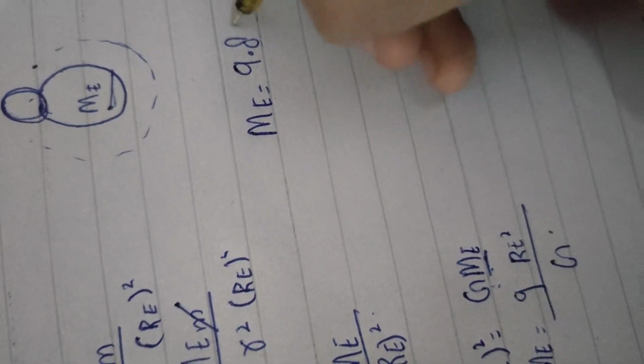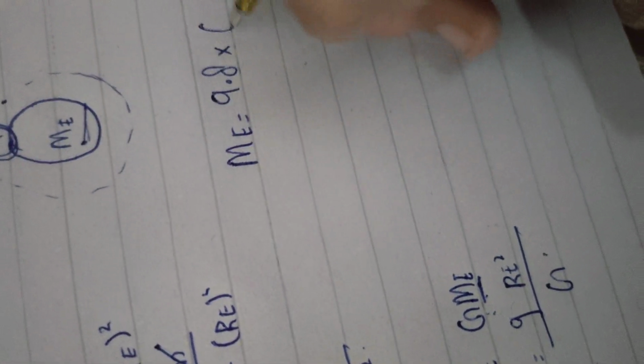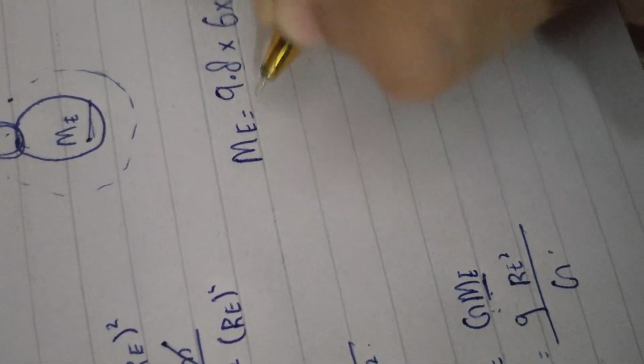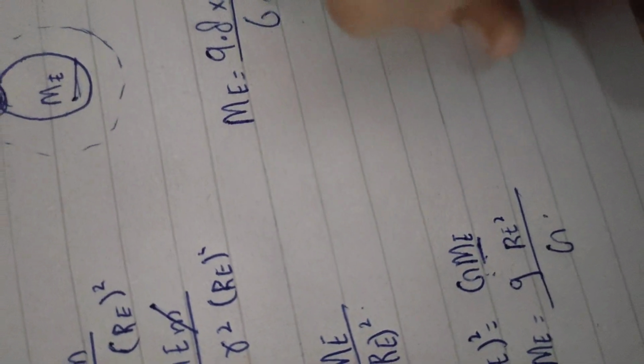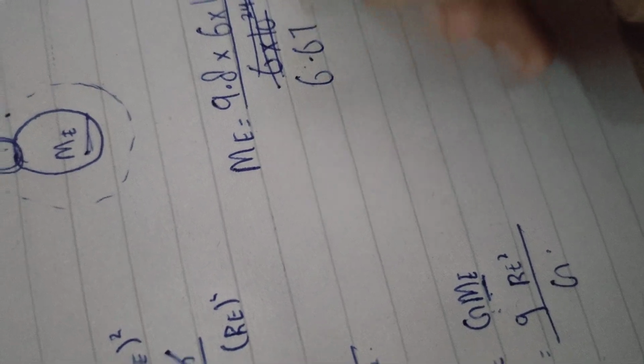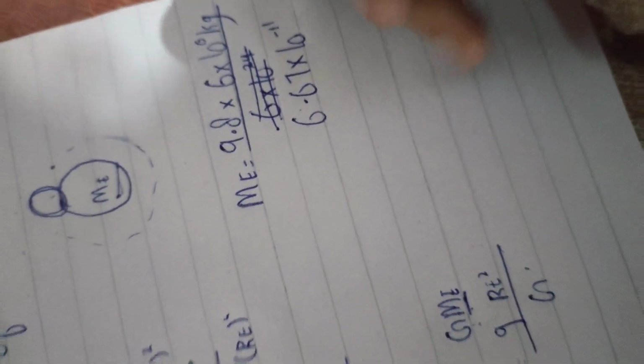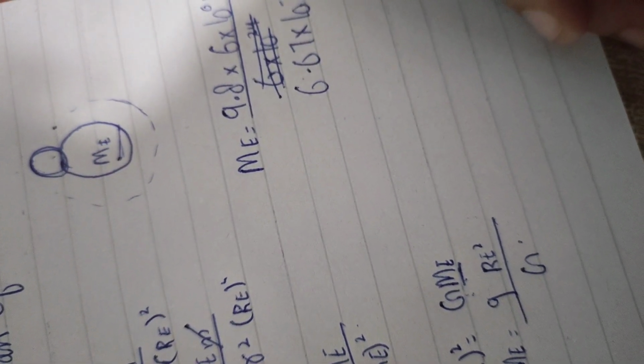So let's just put the values. We have the constant values. M E is equal to, we have the gravity value 9.8. Then we have the constant value of radius of Earth, right? So that is 6 into 10 to the power 6. And we have the capital G value, 6.67 into 10 to the power minus 11, right? Then if we calculate this,